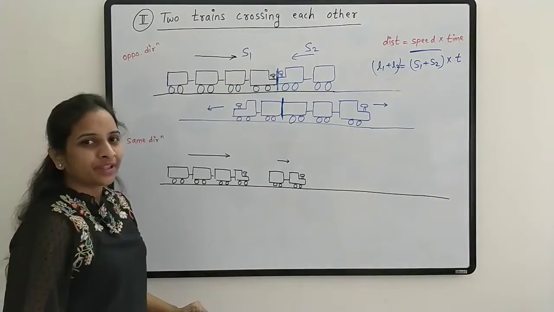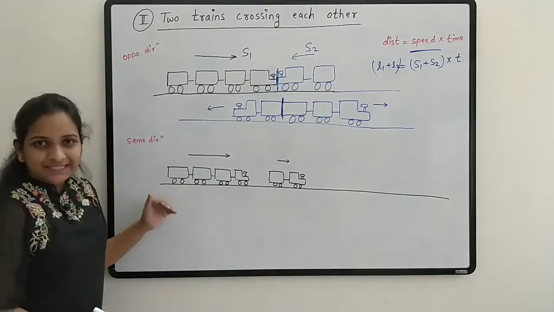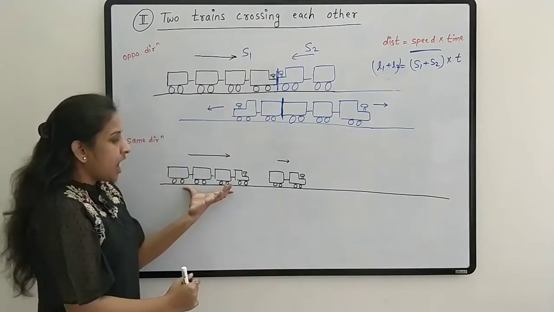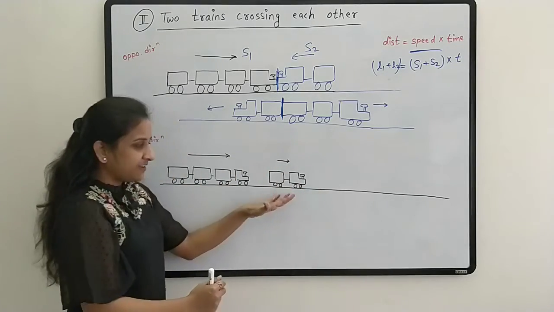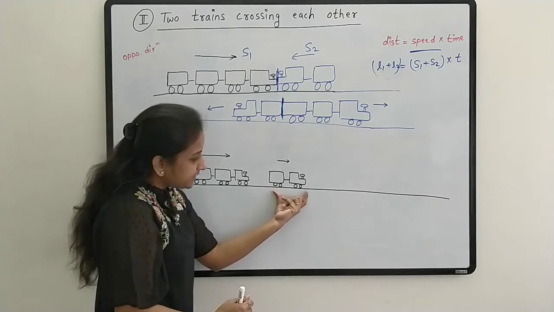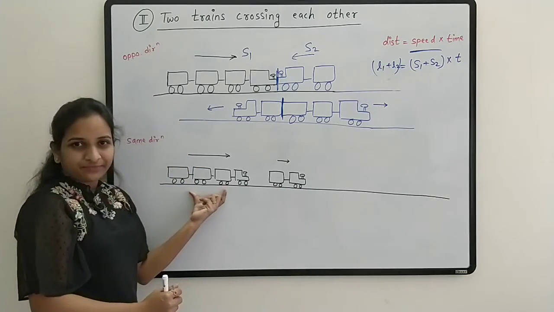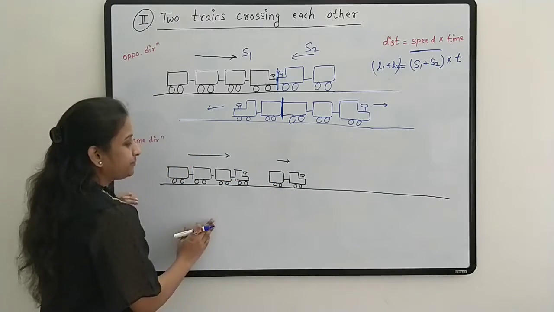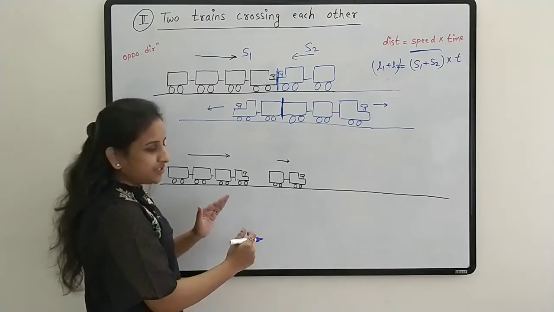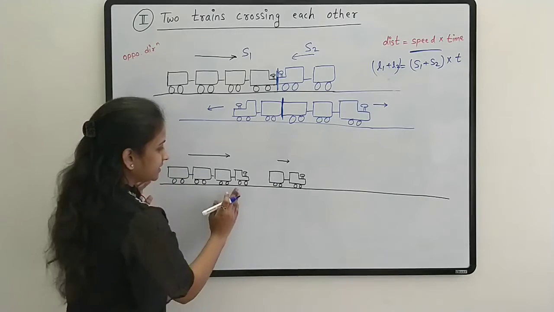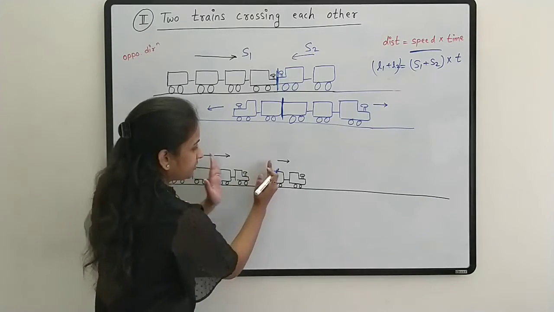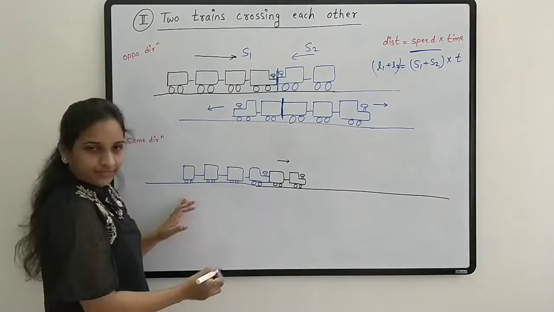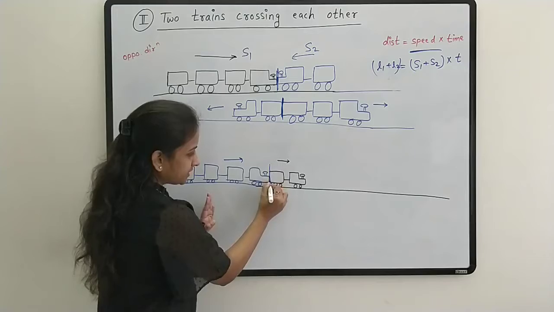Okay. Now let's consider this. When two trains are moving in the same direction, how will this train cross that one? Only if the speed of this train is lower than the speed of the other train, then the faster train crosses the first train. Now what is the initial position to cross this train? See, this train should be here. This is the starting position.